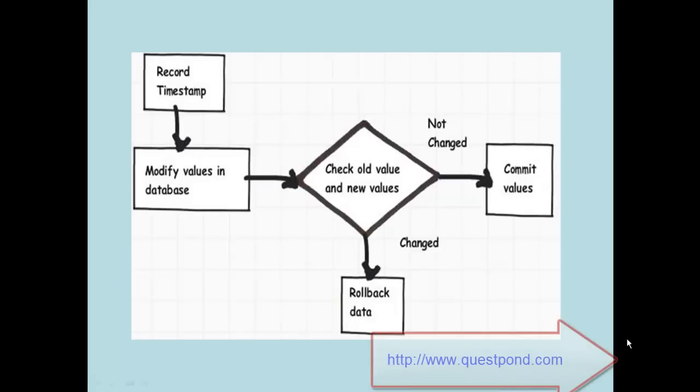As mentioned previously, optimistic locking does not do locking at all. What it does is basically alert you whether the data has been modified from the time you fetched it. In other words, if the data has been modified since you fetched it, that means somebody else has changed the value. Any optimistic locking methodology, whether by using datasets, LINQ queries, Entity Framework, timestamp, old values, new values, whatever it is,